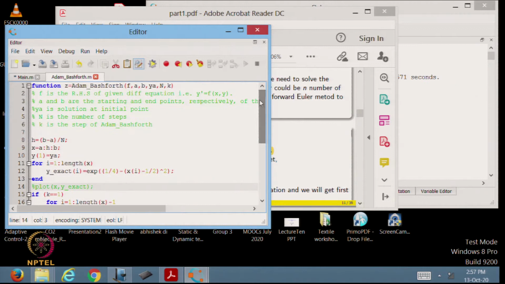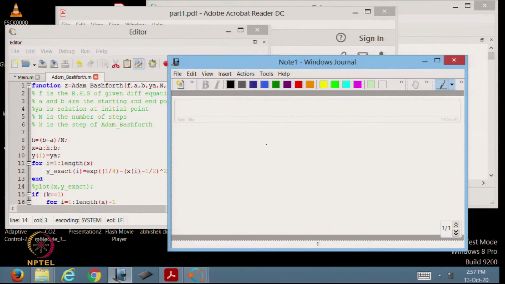program, and then we are defining h is equal to b minus a by n, and x also we are defining, x is an array which we are defining. So basically if you see, we are taking this mesh from 0 to 1. So a is 0 and b is 1. So h, 2h, this way we can keep going. This is the mesh we are choosing to compute the solution of an initial value problem.